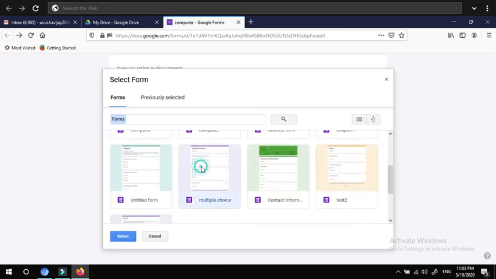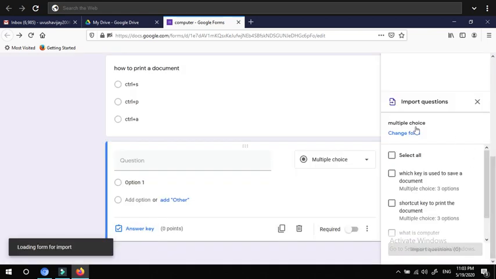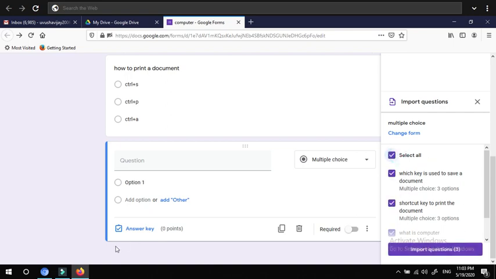For example, I am selecting this option, give select. So what will happen? The entire thing is displayed here. Whatever questions are available in that particular form is displayed here. When I press select all, what will happen? The entire question will be imported here. So I don't want to select all the questions.